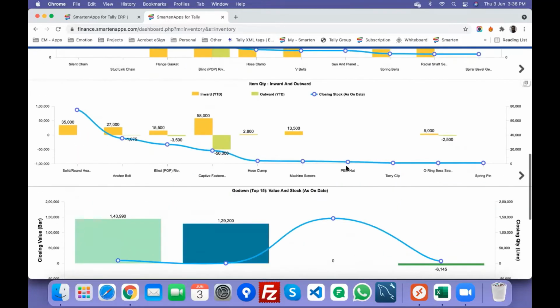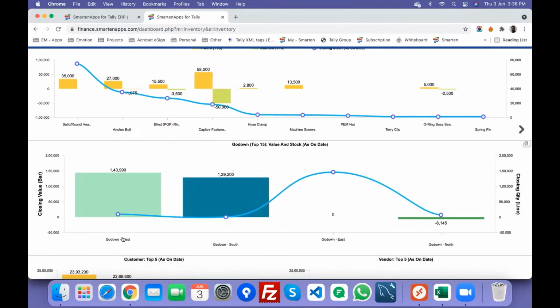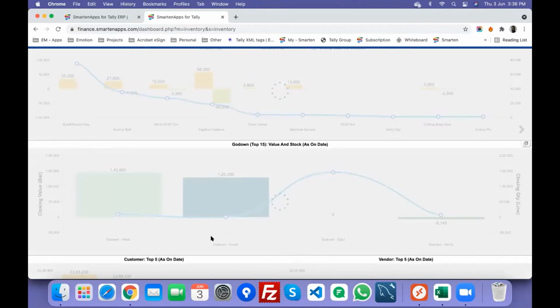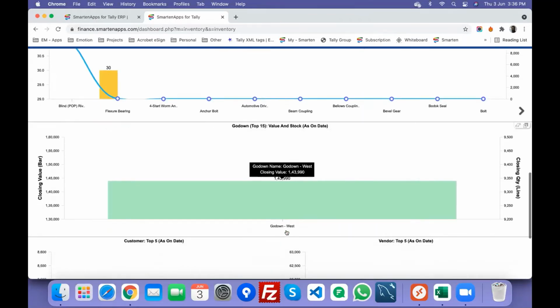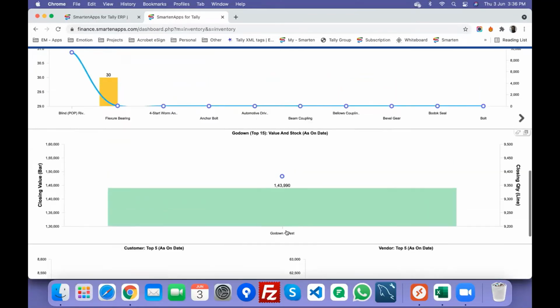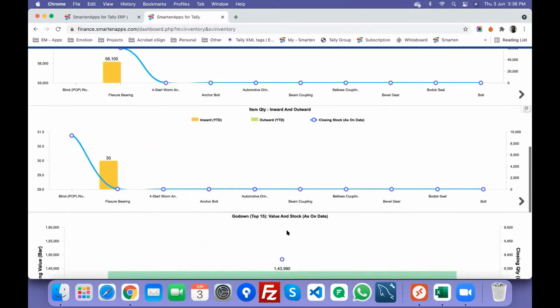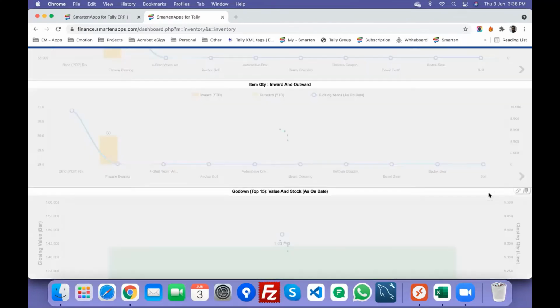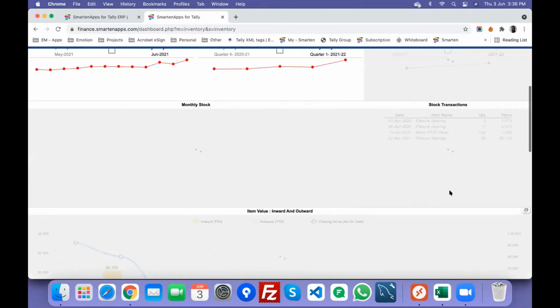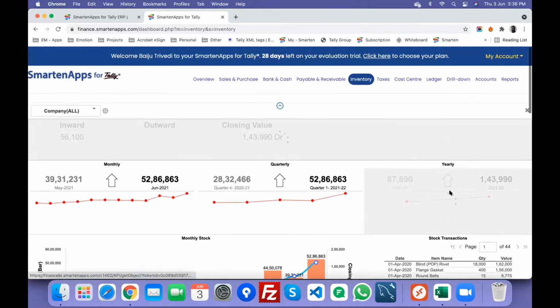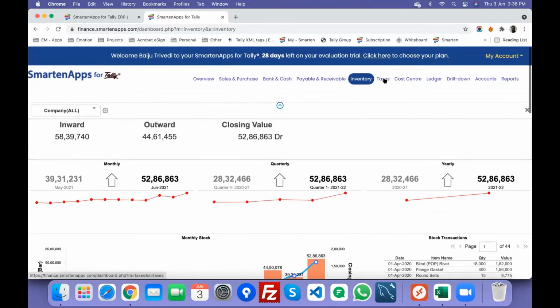You can have a look at, say, for example, which items are in my godown, for example. Then you will have a complete scenario. You can again go back to the tabular and get into the detail as well. So this is in a way giving you the complete slice and dice control over every dimension element that you have for your data analysis, including the KPIs.